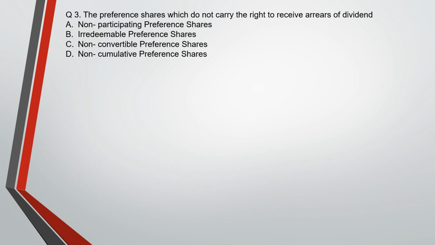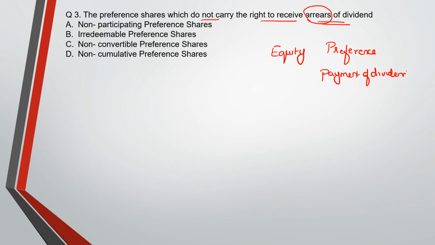Next is the preference shares which do not carry the right to receive arrears of dividend. Here, arrears of dividend. Now, basically, we know that shares which can be issued by the company are of two categories. One is equity shares, the other one is preference shares. Now, from the name only you know that there is some preference given to them. It is in respect of payment of dividend